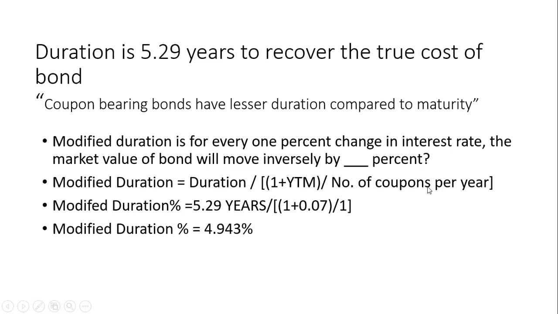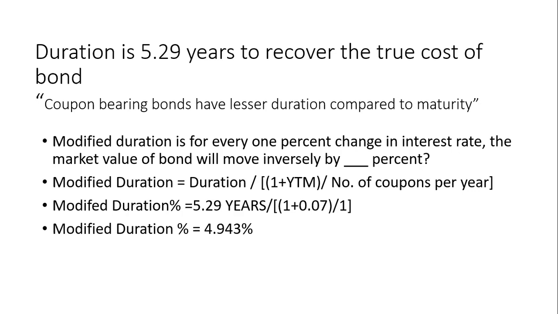If it is a semi-annual coupon, if you are getting semi-annual coupon on the Government of India bond, you will divide with 2. If you are getting annual coupon, you will divide with 1, or you may not divide with 1 also. You will get the same answer. In annual interest, you may not divide with 1, but in semi-annual interest, you have to divide with 2, because every year you are getting 2 coupons. If it is a quarterly coupon, it means in 1 year you will get 4 times coupon. You will divide with 4.